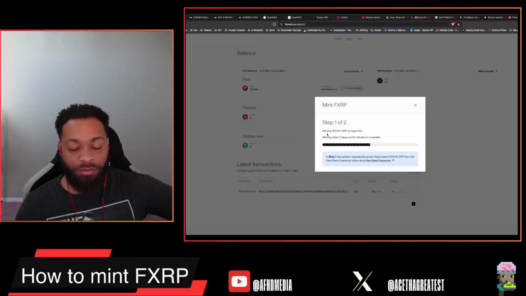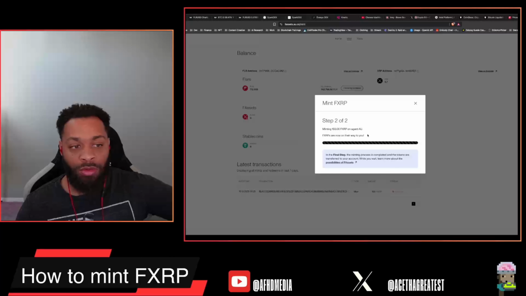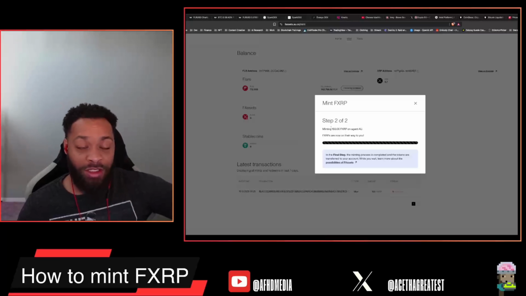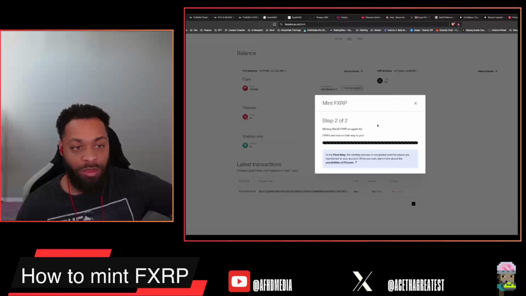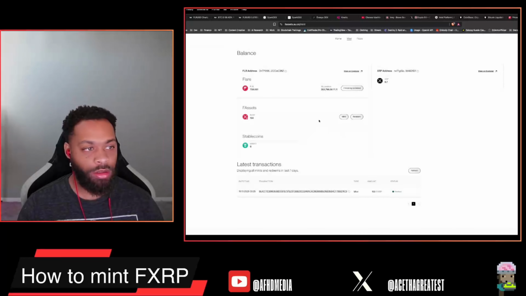Give it some time, be patient. It will complete. You can exit out of this and it'll still complete on the back end, so don't worry about it. As you can see, we're actually progressing through these steps pretty quickly, so we'll just sit here until the minting process is completed. Okay, now we finally have our FXRP minted, so we can hit OK. And then if we go back home,